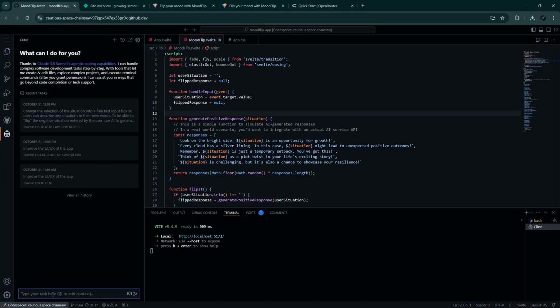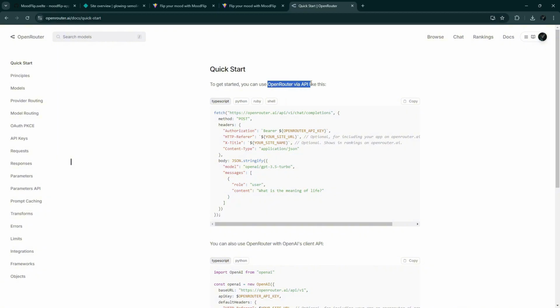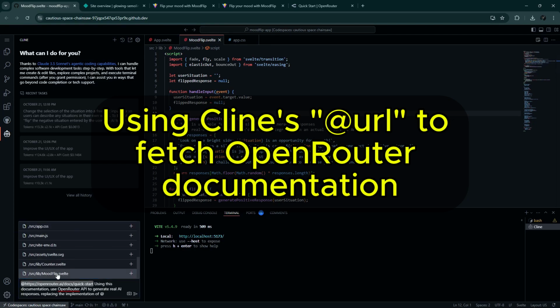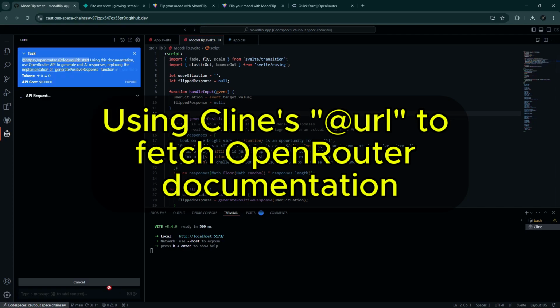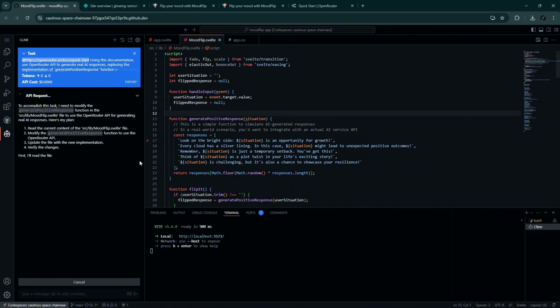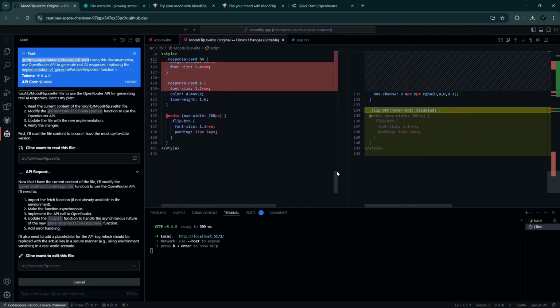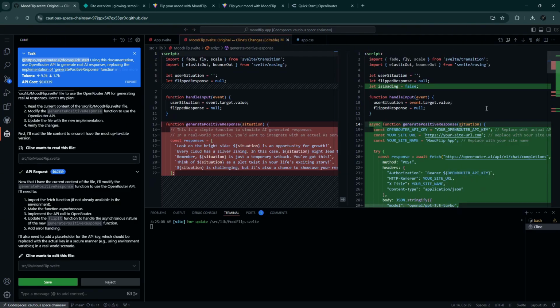I know there's @ commands here. We can fetch the content. So base URL to fetch content. So let's try that. But we will specifically mention this. Okay, let's copy this. Okay, let's try that. Referencing an external documentation, specifically referencing this file. So it's asking us to read that file. Let's see first what it did to make sure.